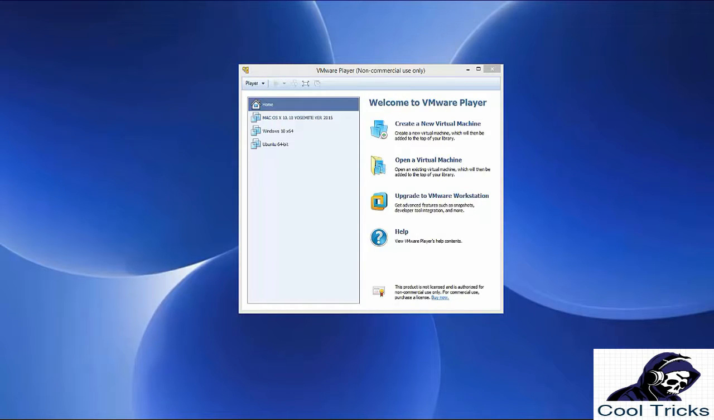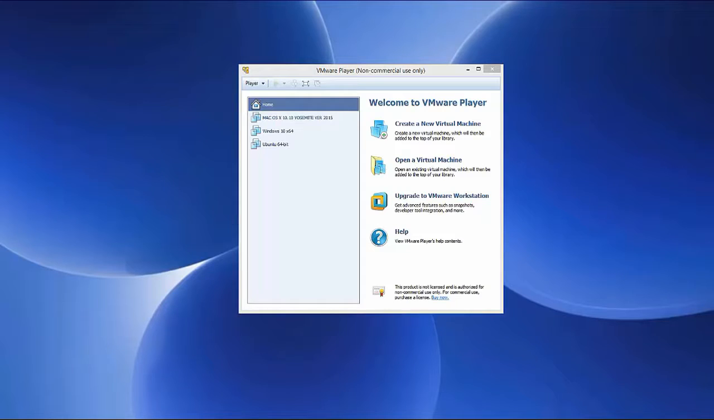Hello guys, in this video I'm going to show you how you can install Kali Linux on your VMware virtual machine. It can be VMware Player or VMware Workstation, and the procedure will be the same. Now hopefully you have already downloaded VMware Player or VMware Workstation, so just open your VMware virtual machine, and to